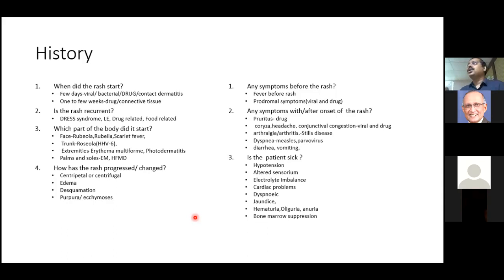Now, if it is 1 to 2 weeks duration or a little more, think in terms of, again, certain drug rashes, like what we call DRESS syndrome. You've heard of DRESS syndrome. That is drug-related eosinophilia with systemic symptoms. So DRESS syndrome or DHS, or sometimes certain of these oncology drugs can produce late reactions as much as 3 weeks to 9 weeks. Carbamazepine, antiepileptics will produce a rash only after 3 weeks. So they present with a maculopapular rash. At that point in time, you have to think of a drug and ask if the patient has been on any of these drugs. So that is why it's important to know the duration as to when the patient actually developed the rash.